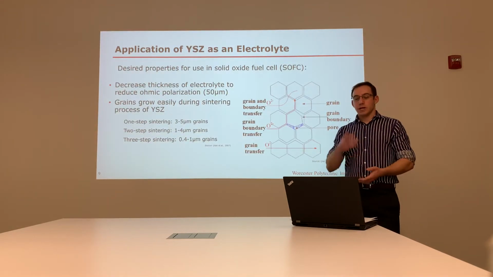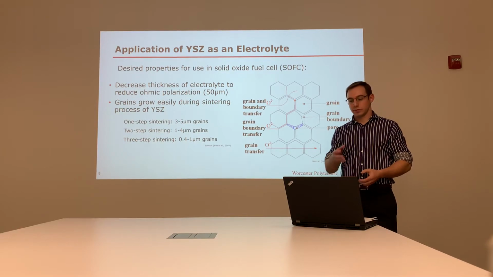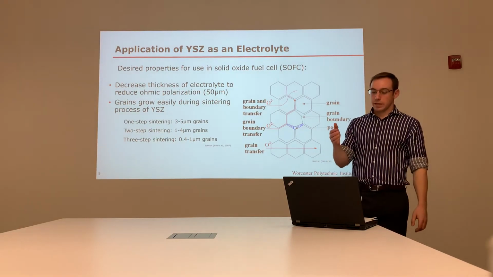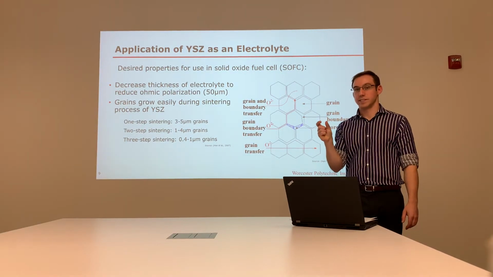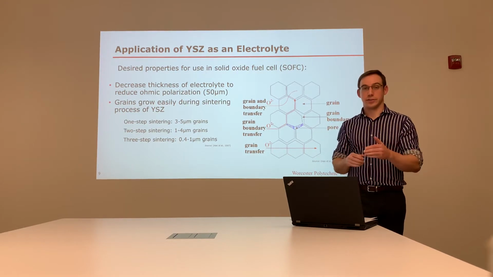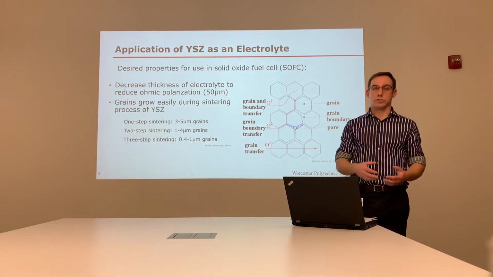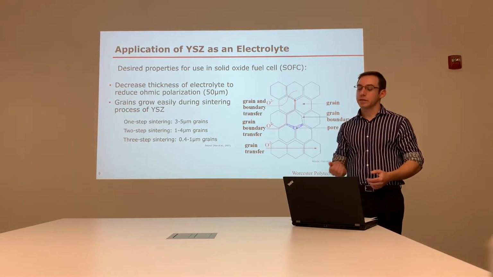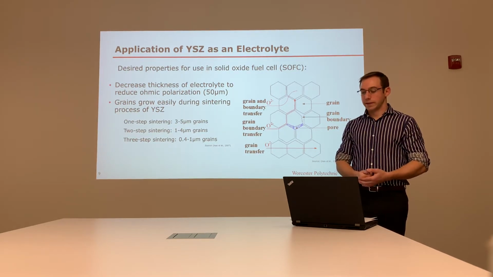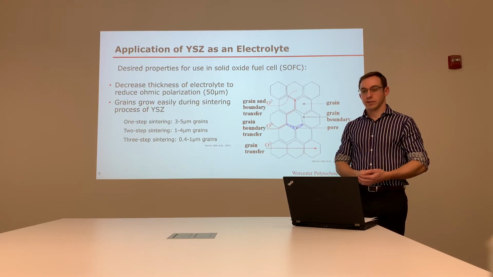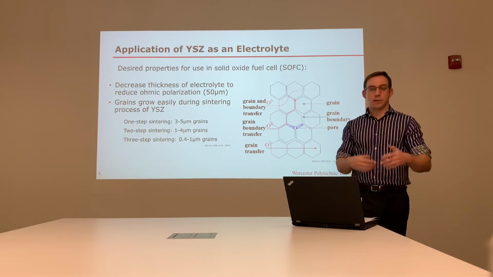So our desired properties for this in a solid oxide fuel cell show we want to have a thin layer of this only, because a thick layer will contribute to the resistance of the oxygen ions diffusing through this material. And that'll contribute to our overall losses. We want to keep the efficiency of this cell high, so we want to reduce the thickness of the electrolyte as much as possible. So in forming these electrolyte tubes, we have to be mindful of what the processing requires